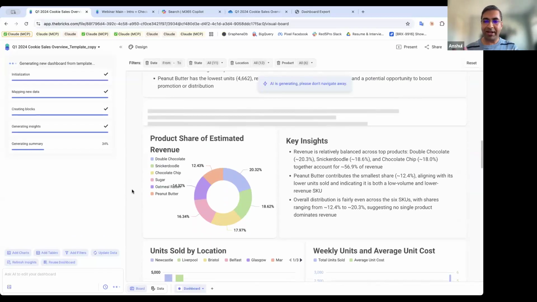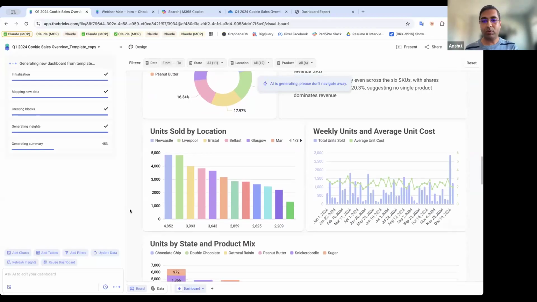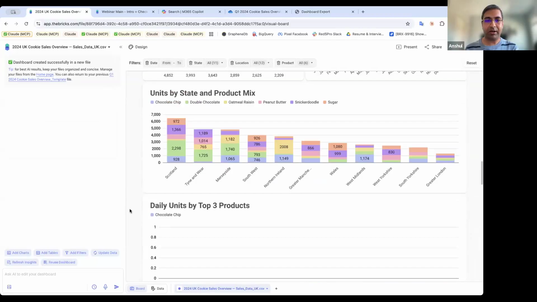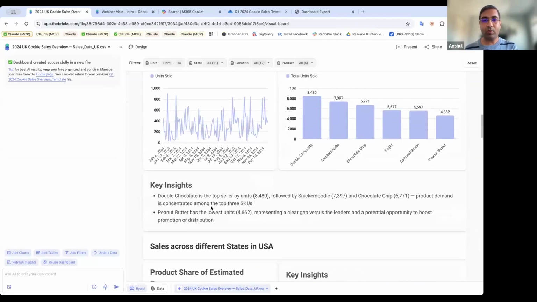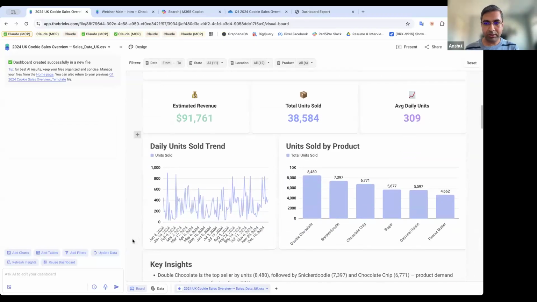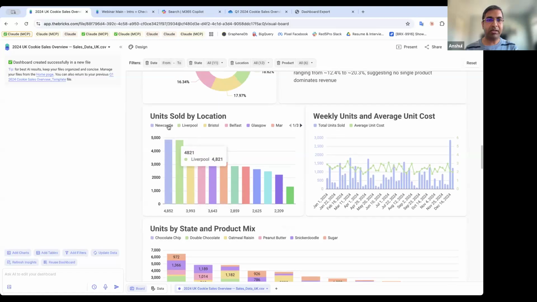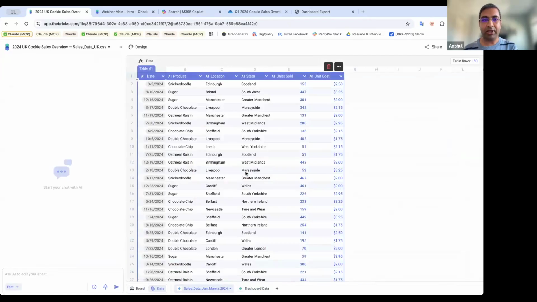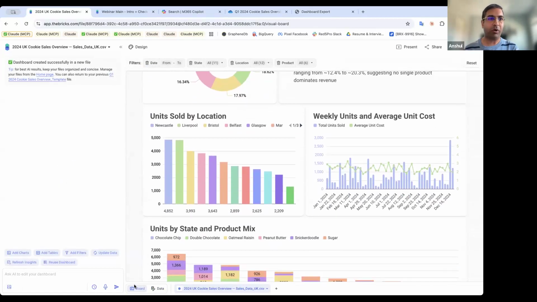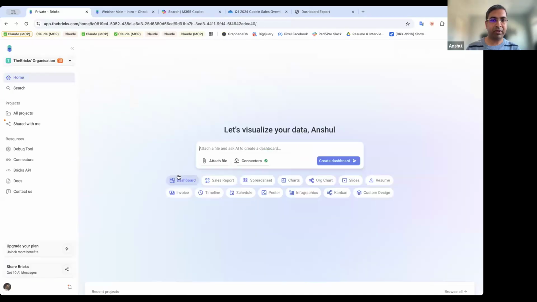So it will take some time to analyze and lay out your dashboard, but as you will be seeing, your charts are exactly the same as you would have seen in the previous dashboard. And all the data over here will be from the UK location. As we can see, how do I see it over here? Yeah, we can see the data over here. It is Newcastle, Liverpool. So the data got updated from my UK location, and this is my new data from the UK location. So this is how you can use your dashboard as a template, by just reusing the dashboard. I'll just go back now to my previous